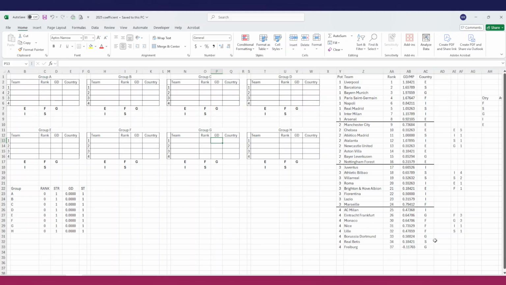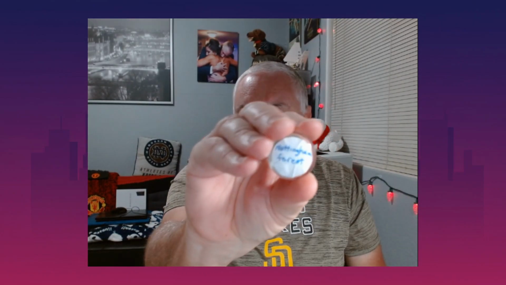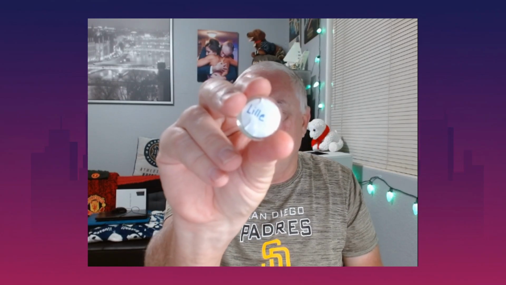Actually, before I do that, I want to show this. I have my tokens for drawing the teams. My wife wrote them out, I put them on stickers, and I have them on the little glass beads here. They're ready for the draw, which I'm probably going to do in about 2 weeks. So we'll do that live. I'll put that on Facebook and on the Delphi forum when I'm going to do that. If you're interested in watching that, I know a lot of people won't care, but that's okay. I'm going to do it live.